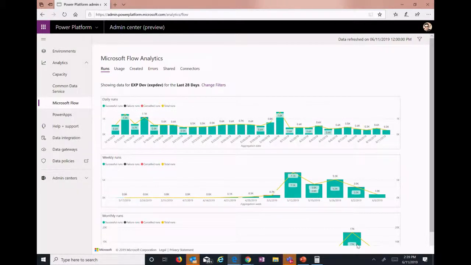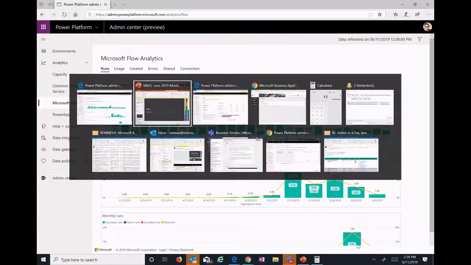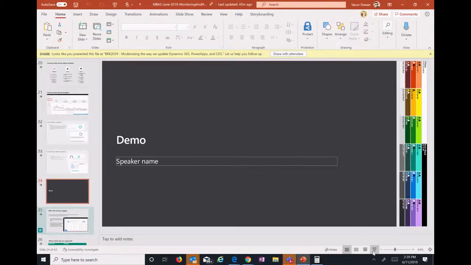We are looking at exporting data as well, because that's one of the key asks that has come up a lot of times, and it's something we are looking at internally to figure out how we can give you the raw data for future purposes. Right now that work is not prioritized, but it's work in progress, and once it is available, maybe in the next summit, we'll be able to talk about it. So going back,